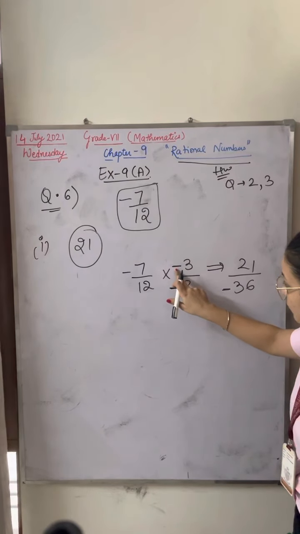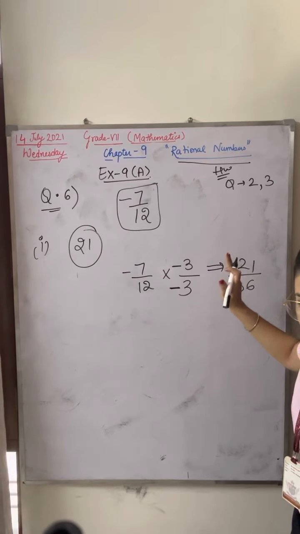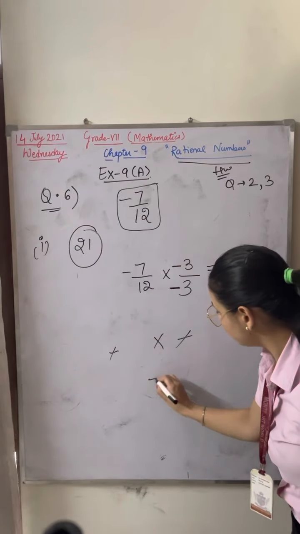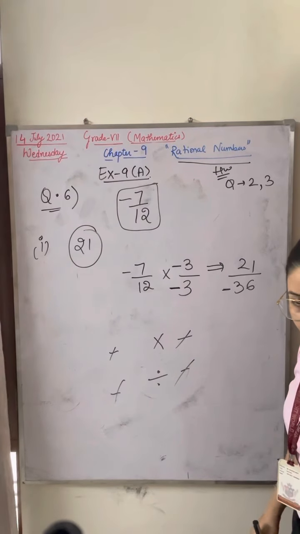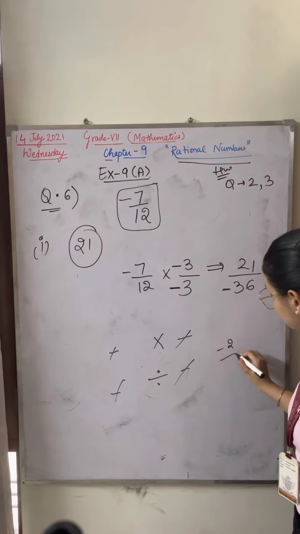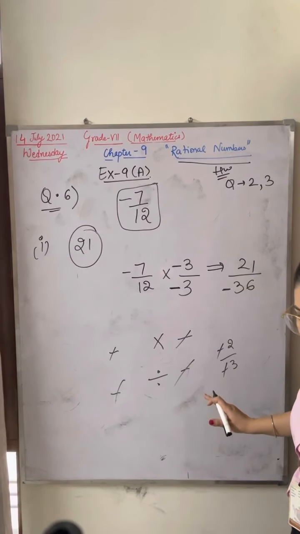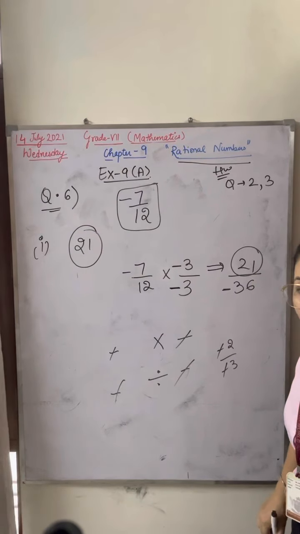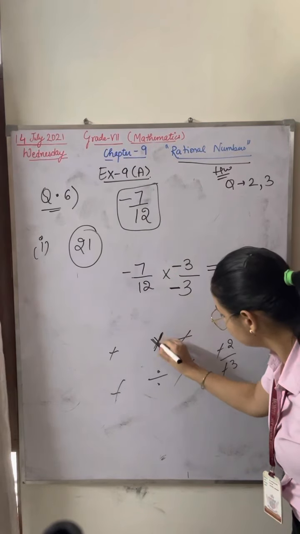When you multiply with minus 3, 7 3s are 21. Minus will get cancelled. It is a rule. When you multiply minus signs, they will cancel. Or when you divide, minus signs will also cancel. We did it before: suppose this is minus 2, minus 3. If both are negative, in division they will cancel. Similarly in the case of multiplication, if both are negative, they will become positive. Minus sign will get cancelled, only in the case of multiply and divide.